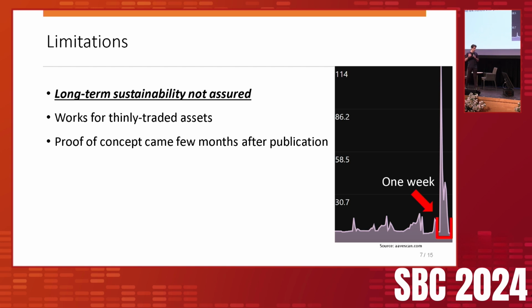So it's reasonable to think that if a user withdraws a large amount of money, this increases the interest rates, probably causing other people to want to deposit their own funds into the pool, right? But when considering thinly traded assets, this logic does not hold because other people don't have enough funds to repay what was withdrawn. And about 1 month after we put this paper online, the very same user from the Curve pool